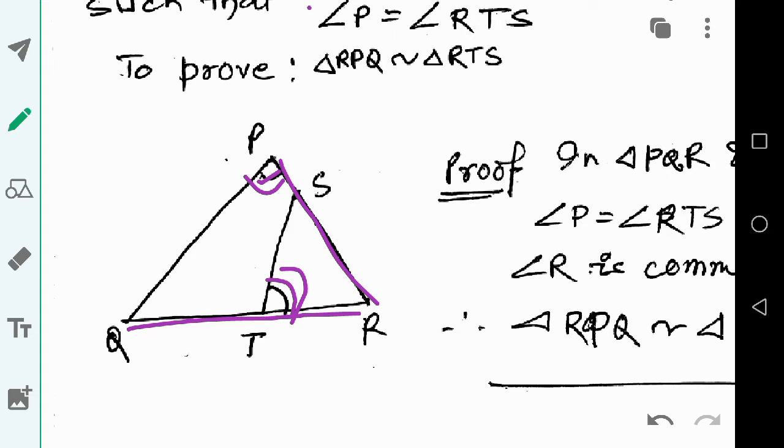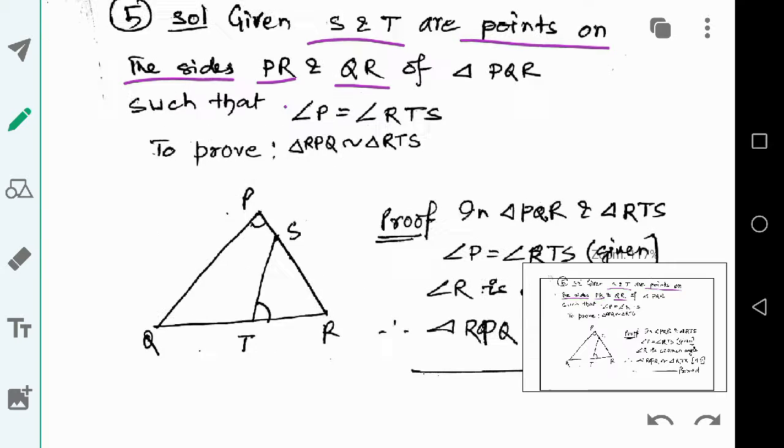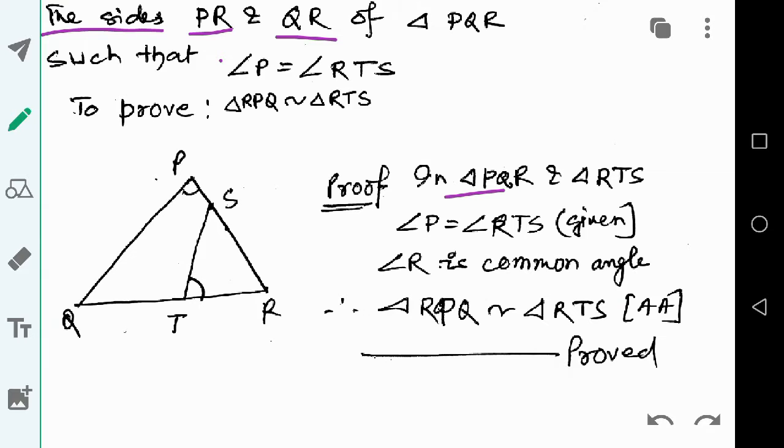So these two angles are equal. Now we are to show these two triangles RPQ and RTS are similar. So this is the proof. In triangles PQR and RTS,